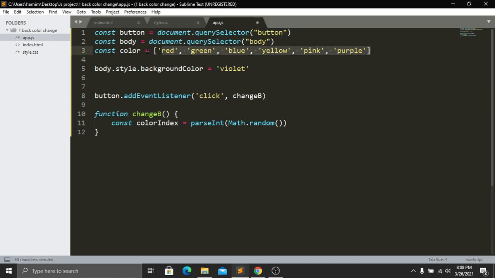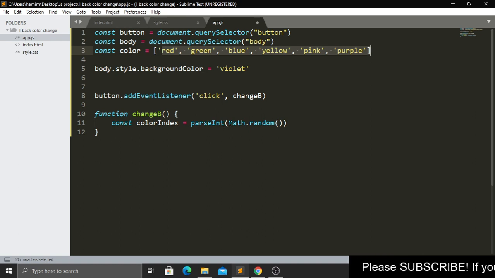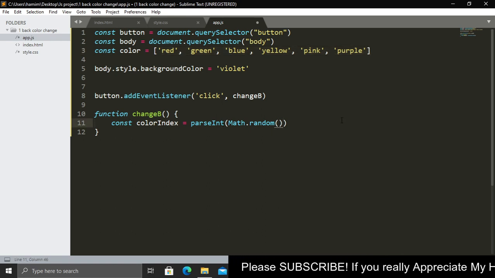It will not generate the values in the same way each time, because I want to take the values randomly. Whenever I click on this button, it will take red, then the next time it will take pink, the next time blue or any other colors, because I don't want this program to work in the same way every time. So that's why I am taking Math.random, and here we have to give a star.